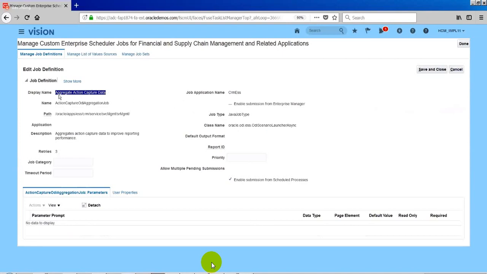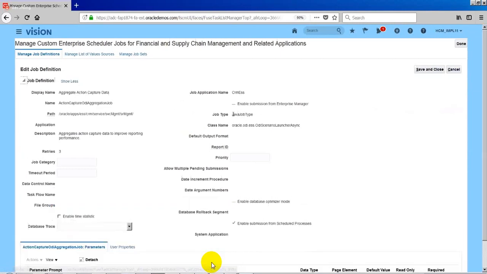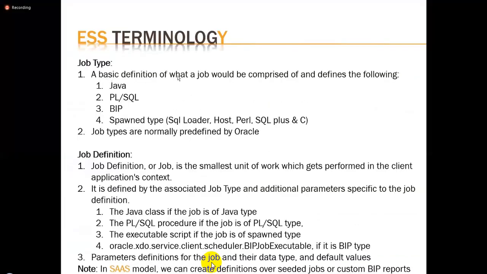So here, as I'm saying job type, how many job types are available in Fusion applications? That's what I'm going to talk about here. The basic definition of what the job is comprised of defines the following: Java, PL/SQL, BI Publisher, spawn type that is SQL Loader, host, Perl, where host means shell script, Perl, SQL, and C. These are the list of job types available.